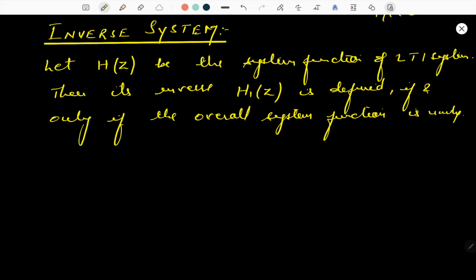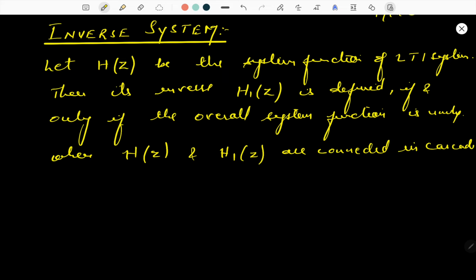So when H(z) and H1(z), meaning the inverse of that, are connected in cascade,